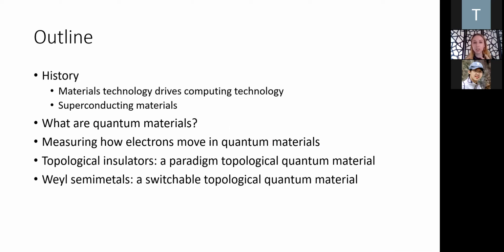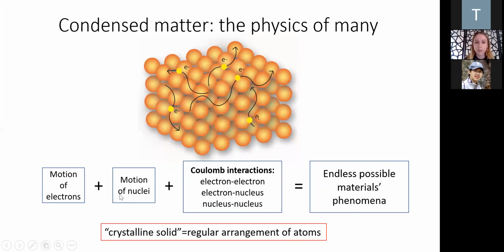Then I'll get into the main part of my talk about quantum materials. I'll discuss what quantum materials are and how we measure how electrons move in them. The measurement part is going to be applicable not just to quantum materials, but to all types of materials. And then I'll discuss two specific categories of quantum materials, topological insulators and Weyl semimetals. All right,